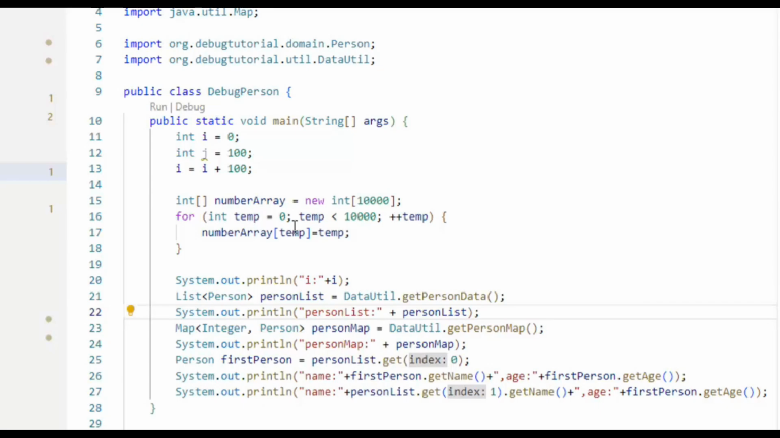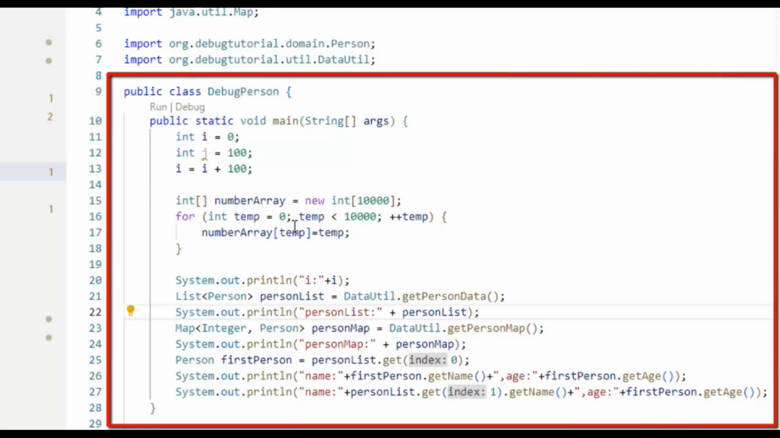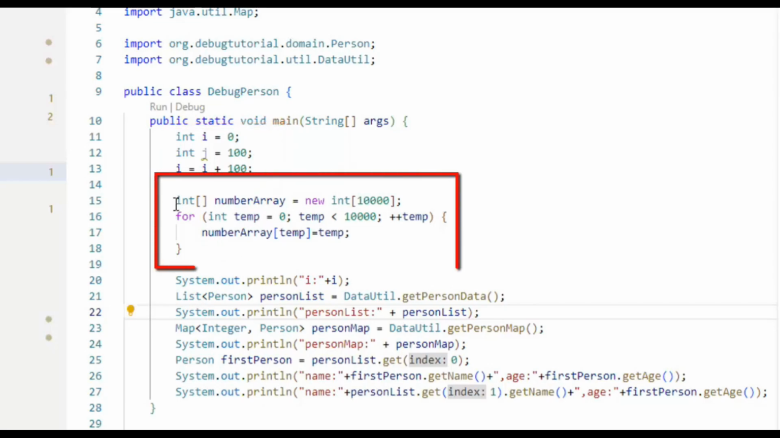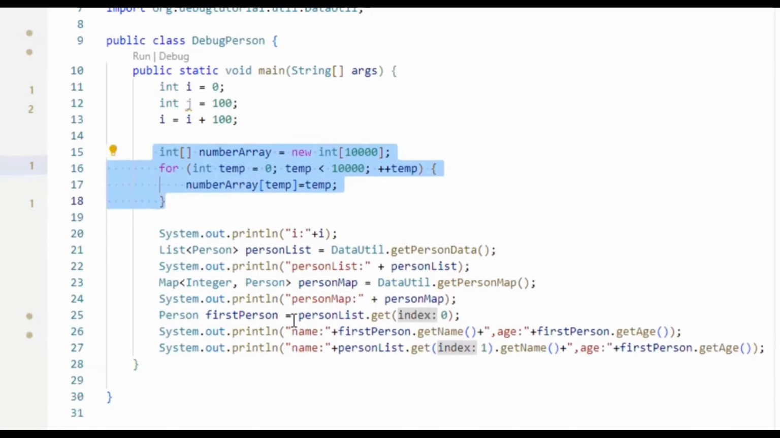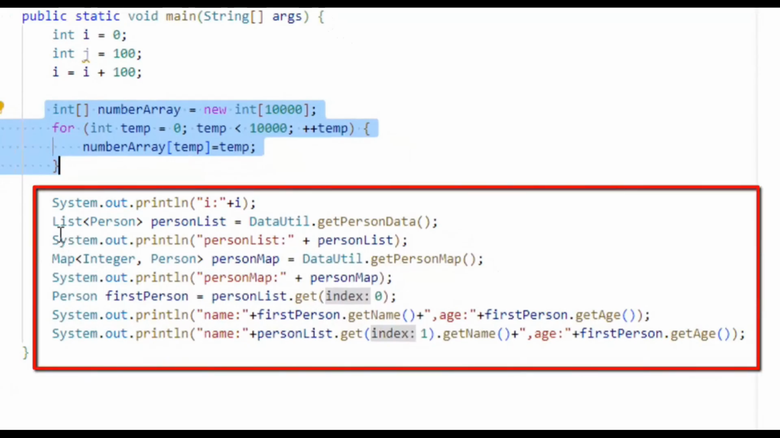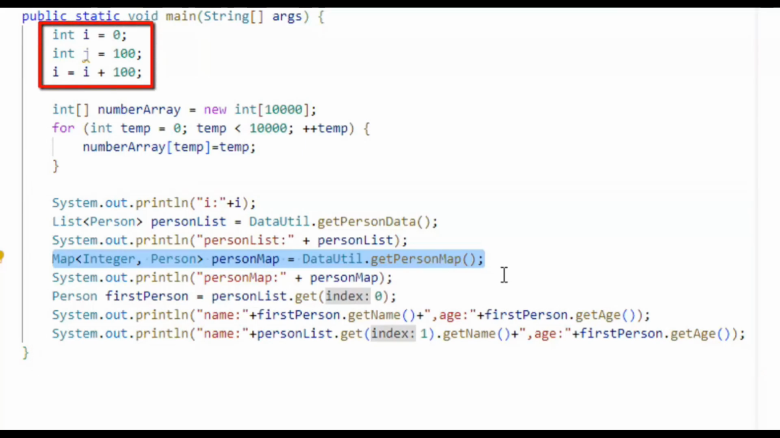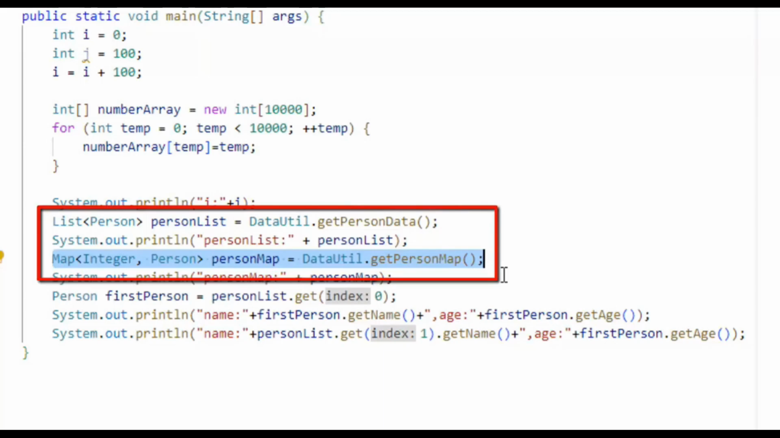So here I have a debug person class, and what I am doing at the beginning of the main method, I have certain integer variables like i equals 0, j equals 100 and all. Then I have different number array creation logic, and then I have certain collections created. Like here I have a list of person objects, I have a map of integer and person objects. So overall this program has certain primitive values populated like i, j, and also certain collection objects populated like person list,